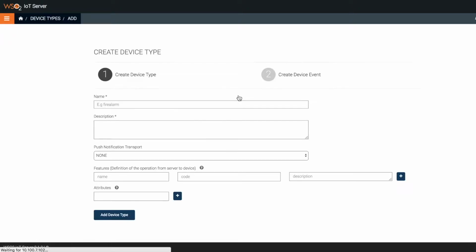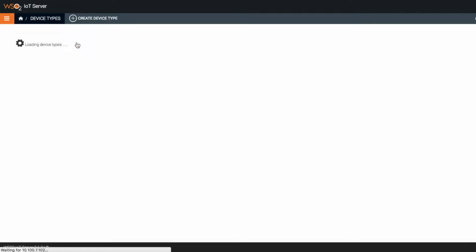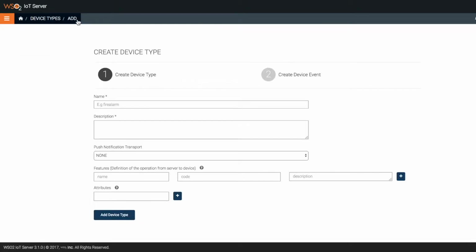and go to this user interface to create a new device type, or you can go to the device type management section where the current device types will be listed. You can see there's a button here to create a new device type. You can click on this particular button to move to the same user interface. So I'm going to say new device type here,